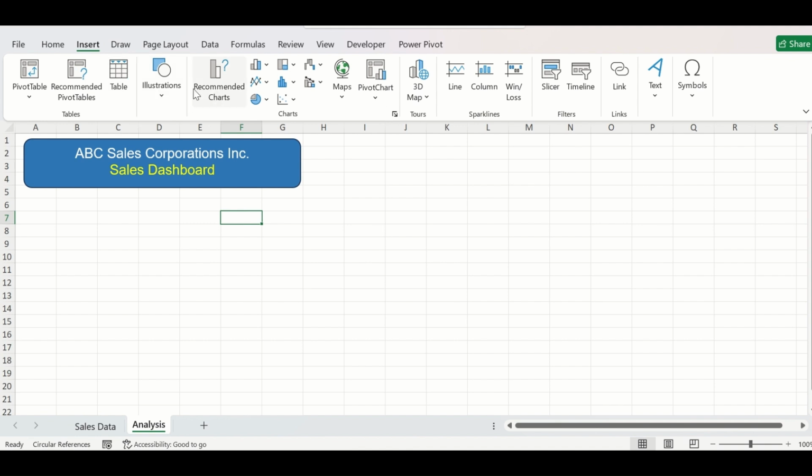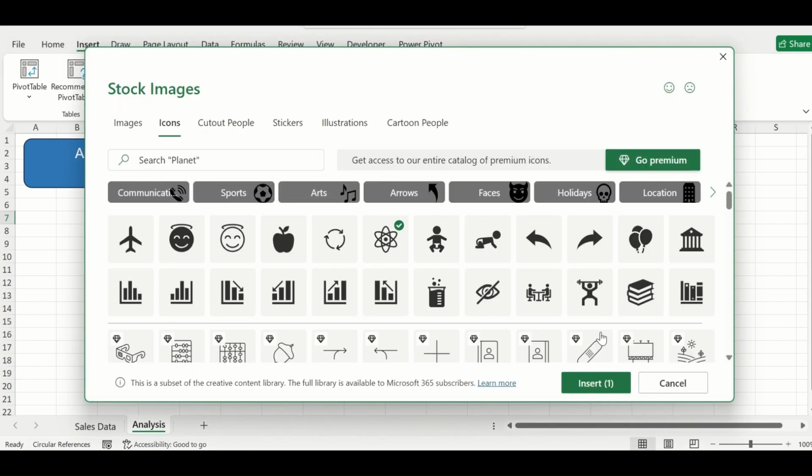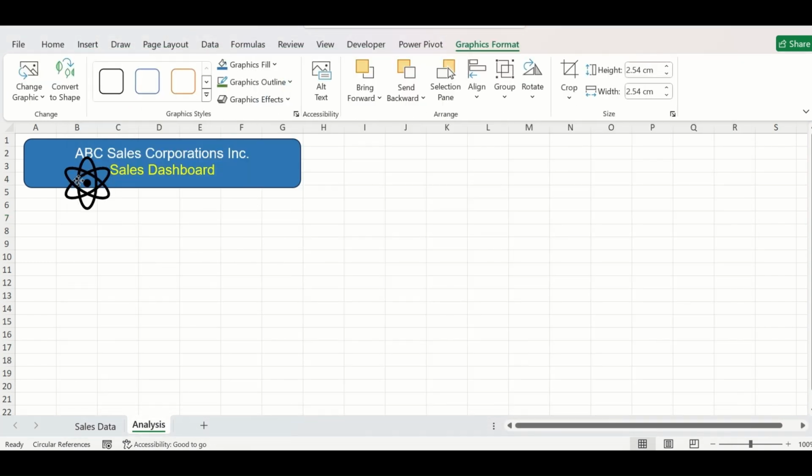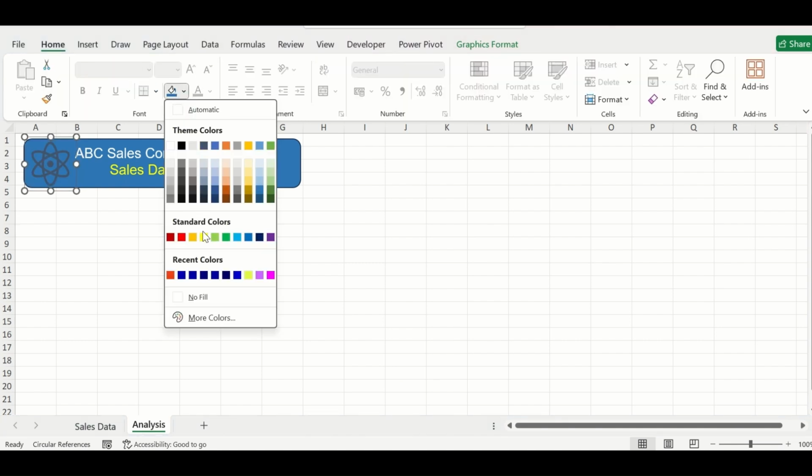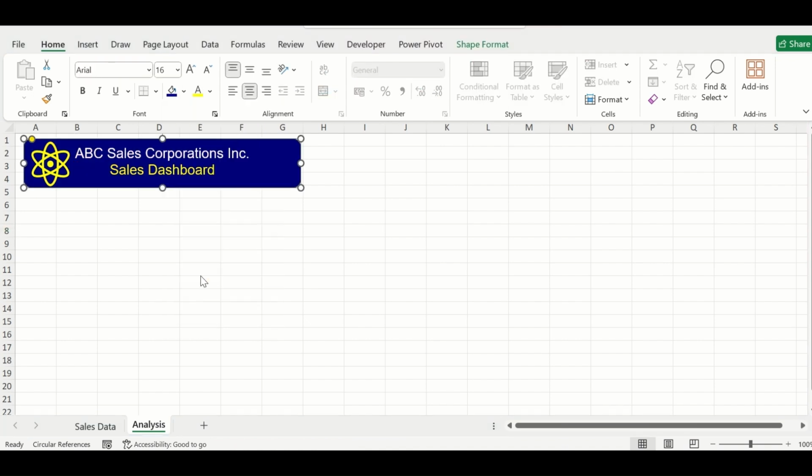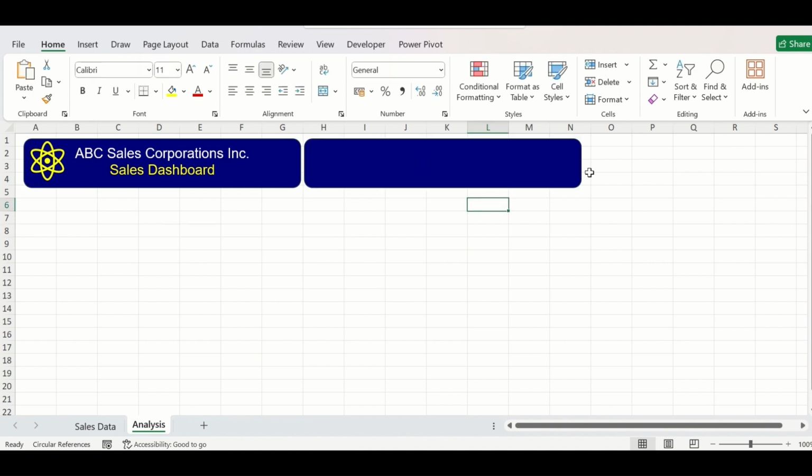We'll get some icon. And we'll change the color to something bright. We'll copy this, we'll delete the text inside,